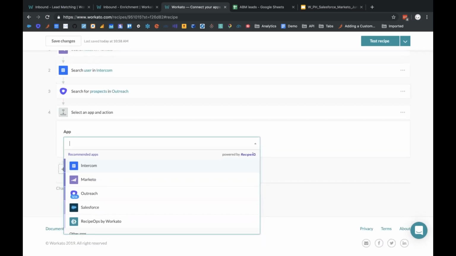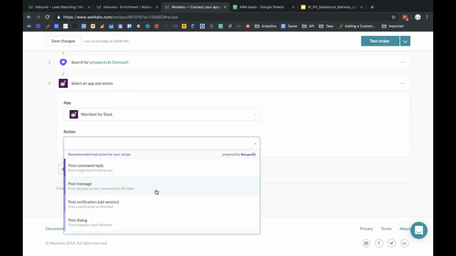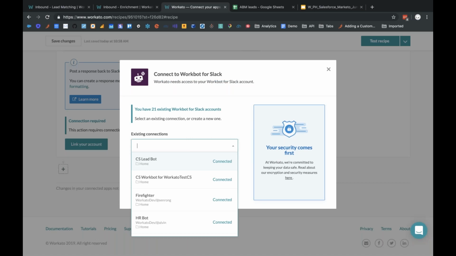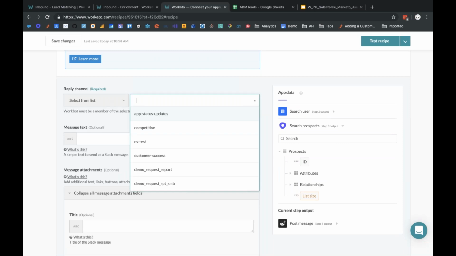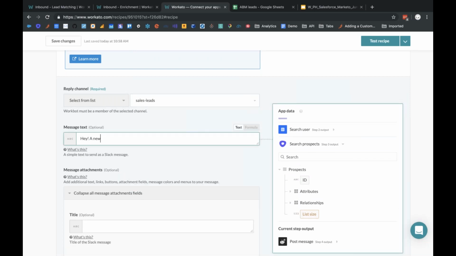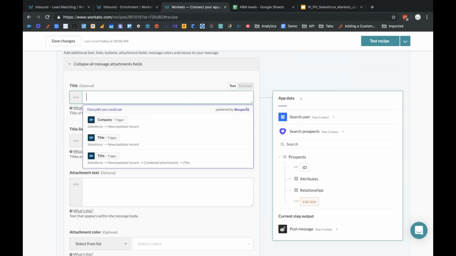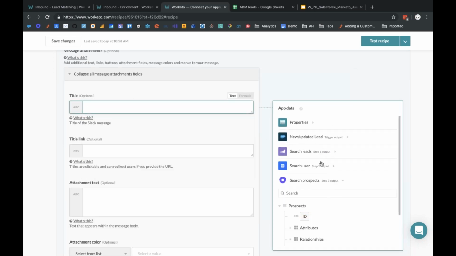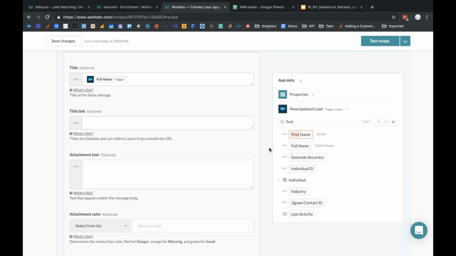So for example, I prefer Workato, so let's do Workato. And we will post it into, let's use our friendly report. We will post it to this channel called Sales Leads and say, hey, a new lead has appeared. Because now, we like Pokemon. So now we're gonna chuck in data about the lead, and we have first names, or just full name,